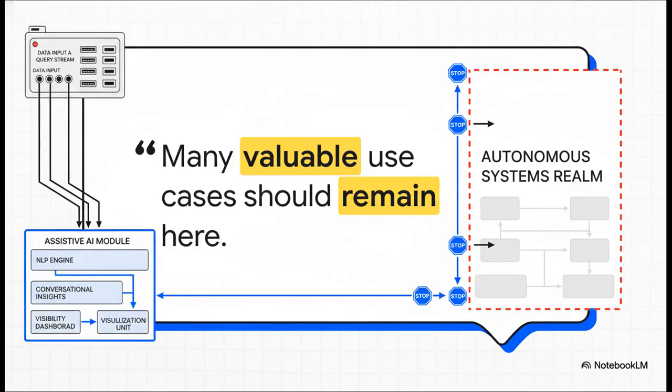And this is a really important point to just pause on for a second. There is immense value to be found right here in these first 2 phases. Building a brilliant AI that gives you deep insights or a complete view of your operations, that's a huge win. Not every AI system needs to, or even should, move beyond this incredibly useful assistive role.